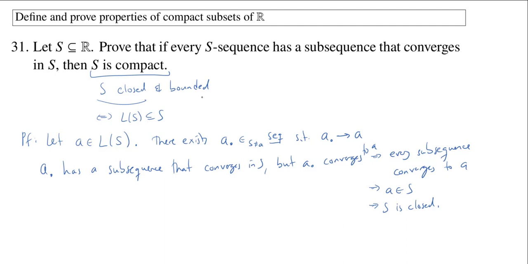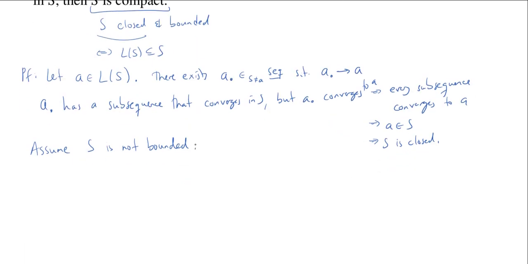This is a little bit tricky to show directly, so instead we're going to do this by contradiction. We're going to assume S is not bounded, and that's going to give us something to work with. Because S is not bounded, I can find elements as big as I like. Let's write that down. Since S is not bounded, for all positive integers n, there exists some element in S which is greater than n. I can write this as a sub n: there exists a sub n in S